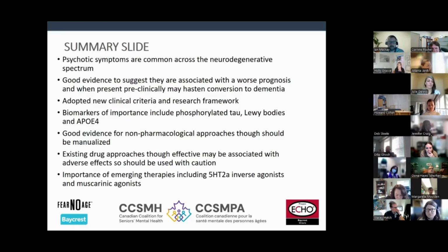Here's my summary slide. Just to summarize, psychotic symptoms exist across this neurodegenerative spectrum. We know that they're associated with the worst prognosis. And when present in patients who are clinically or cognitively normal, they hasten conversion to dementia. We have new clinical and research framework that we can use. There are some emerging areas of interest in terms of phosphorylated tau, Lewy bodies, ApoE4. There are some very exciting things happening in genomics in the field. Good evidence for non-pharmacological approaches, but the importance of those approaches being